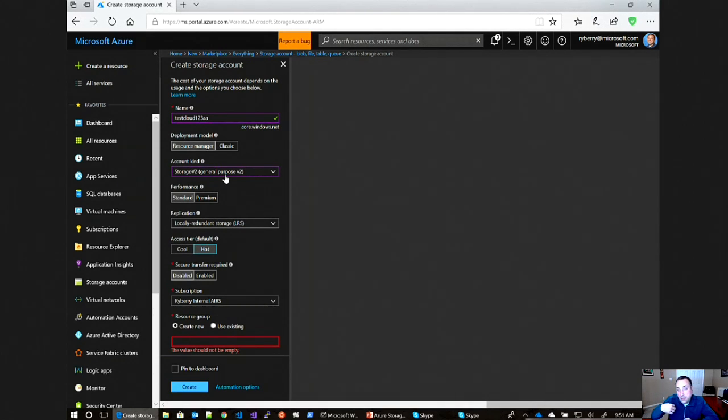So for instance, if you had a 200 gigabyte SQL backup file that you wanted to just warehouse in a storage account, you could do that and commingle that data with virtual hard disks that are backing a virtual machine. So you can kind of mix and match what type of tier the files have. So that's actually a requirement to use this V2 storage account, and we'll look at how that behaves in the